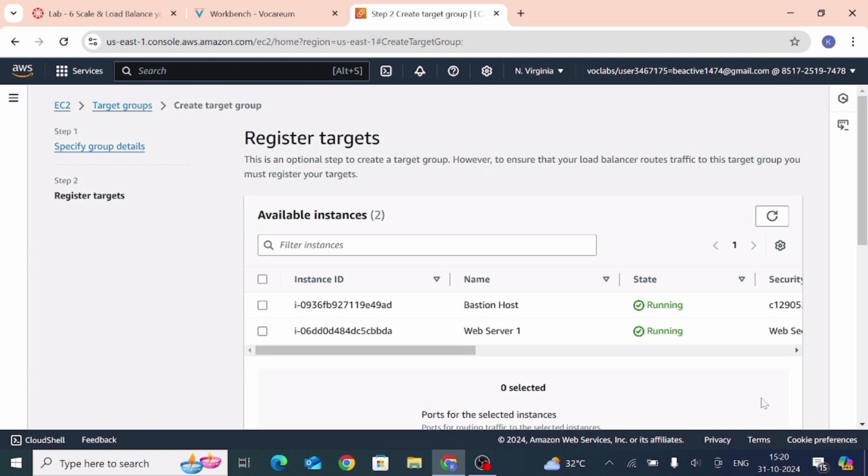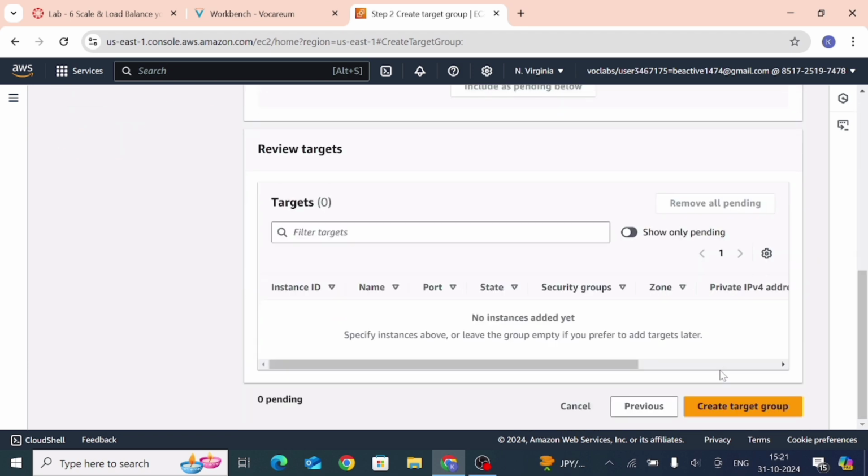Now this register targets screen is open. Review the settings, choose create target group. Here it is, create target group. Click on it.